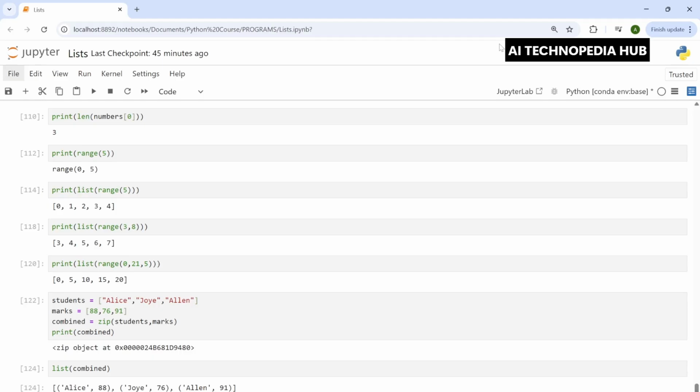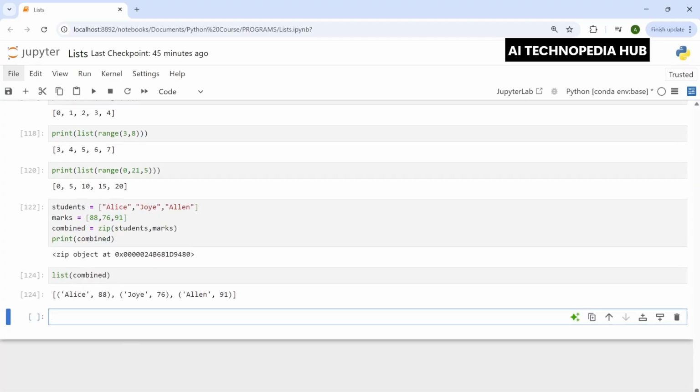Now, when we print combined, the zip function returns a zip object, which we can convert into a list to see the paired values clearly. Because when we print combined, a zip object, it shows us just the zip object. To see it, we have to convert it into a list, and we pass the combined variable, so it helps us see the elements. These pairs that we see here are stored as tuples, and they use parentheses instead of brackets and are immutable or unchangeable.